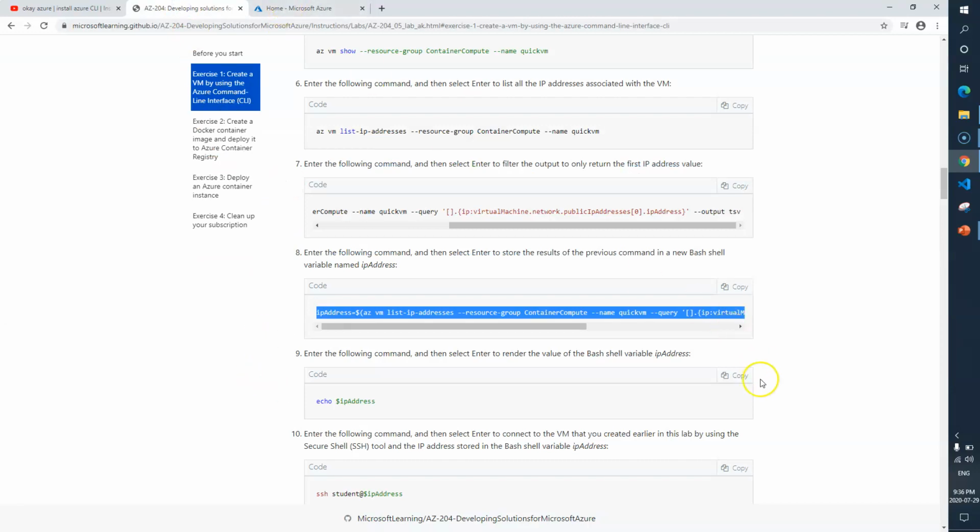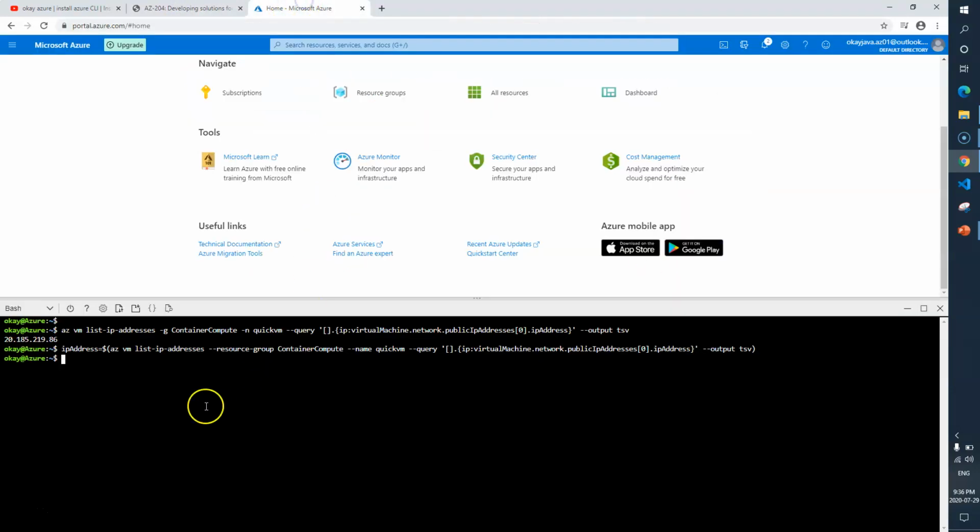Now if you want to display it, just type echo $IPADDRESS. Basically this command stores the value of the output, which is the public IP address, in the variable IPADDRESS. And if I print echo $IPADDRESS, it gives the public IP address of our virtual machine.